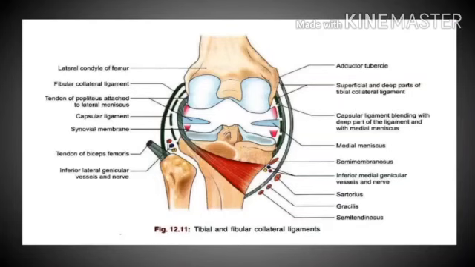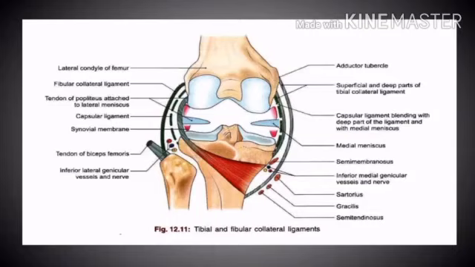Posterior or deep part. It is short and blunt, blending with the capsule and medial meniscus. It is attached to the medial condyle of the tibia. So basically the TCL represents the degenerated tendon of the adductor magnus. What is the meaning of degenerated tendon? A degenerated tendon means a torn tendon in which the alignment of collagen fibers is not ordered.